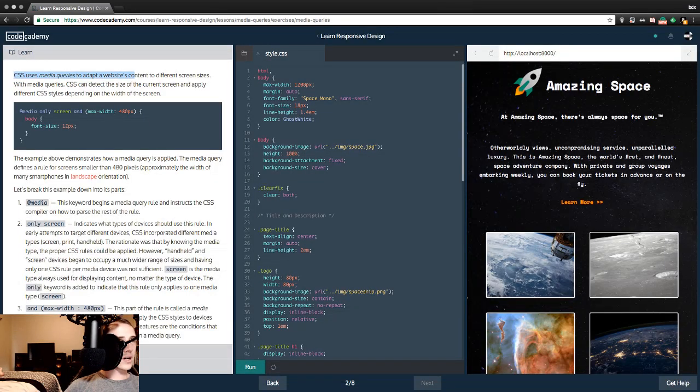Onwards. From the top, section 2, CSS uses media queries to adapt a website's content to different screen sizes. With media queries, CSS can detect the size of the current screen and apply